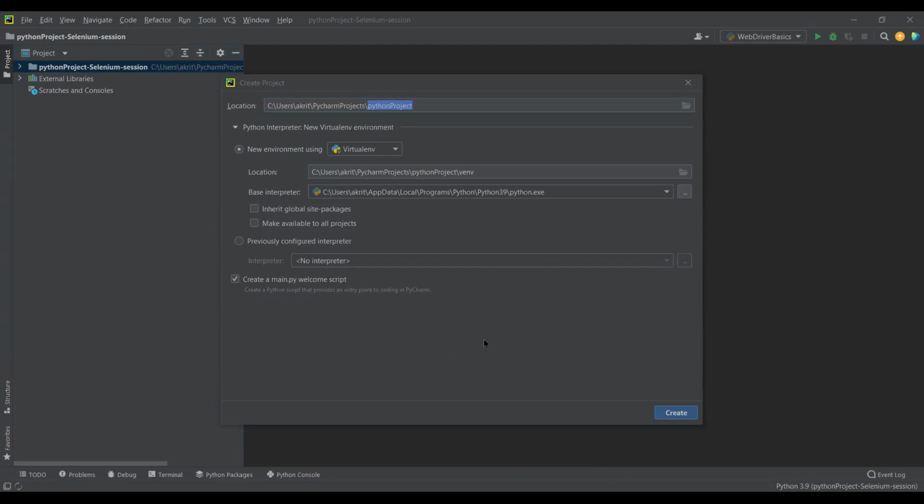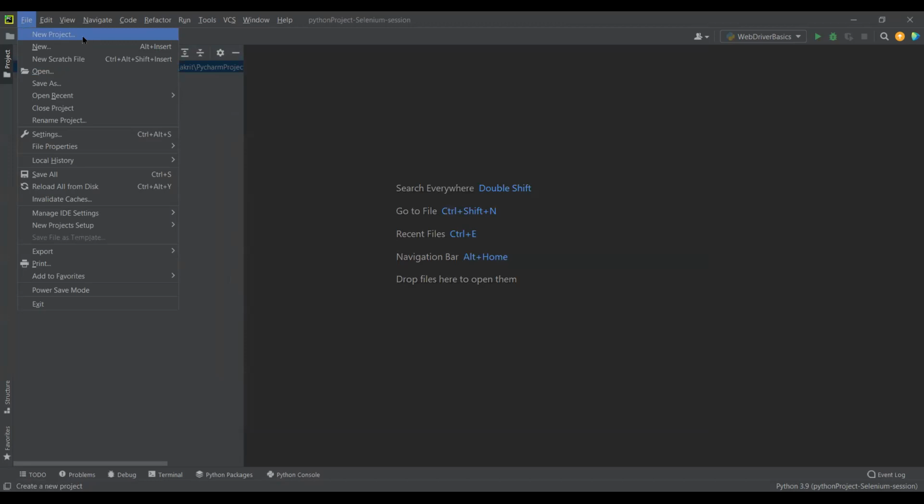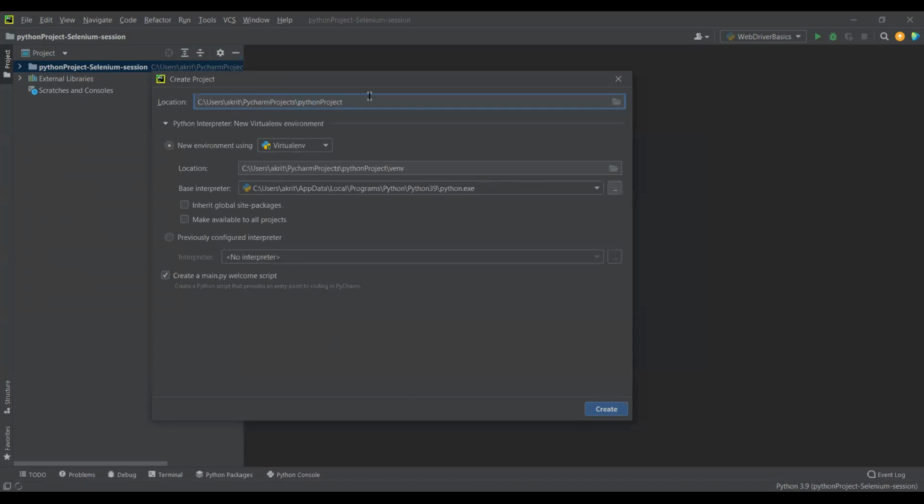When you create a new project, all you have to do is go to File, and then click on New Project, and you'll get this pop-up window. Here, all you have to do is provide the location and the name of the project that you're trying to create.